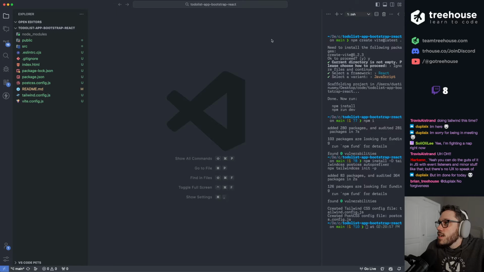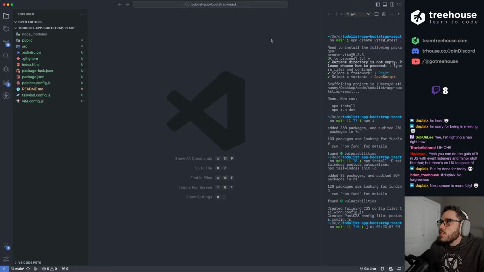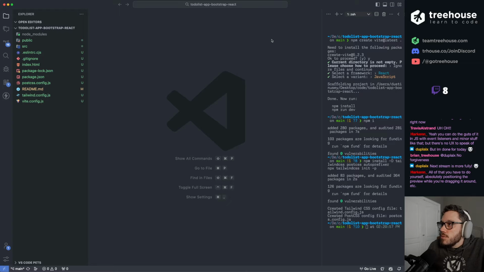Yeah, you can do the guts of it in JavaScript with event listeners and mirror stuff like that, but there's no UX to speak of. There's a little bit of UX. I don't know if you're familiar with Trello. I made a Trello clone a while back, and I used some of the JavaScript drag and drop features. There are so many event listeners associated with drag and drop that you can add some really cool features.